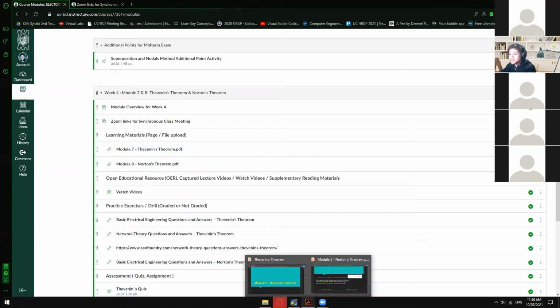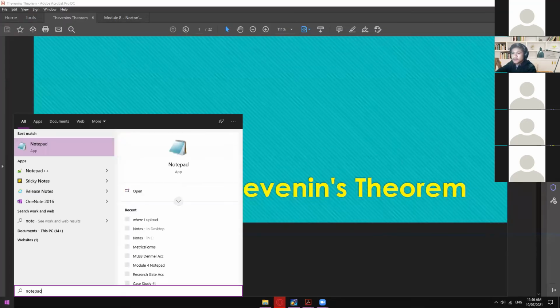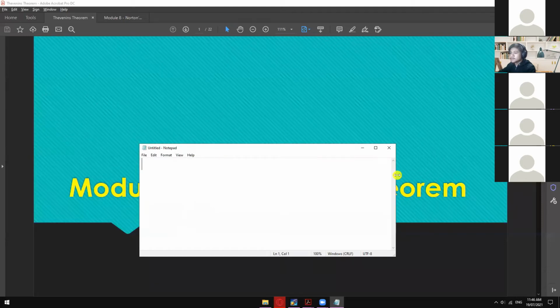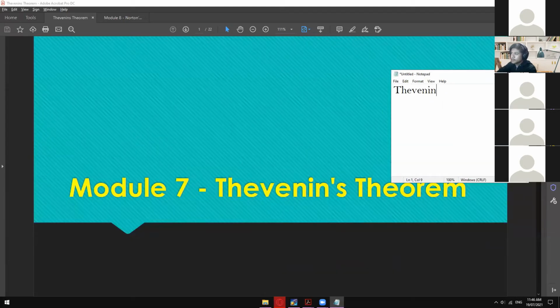All right, so let us start now with Thevenin's theorem. Okay, so let me just open a notepad. In Thevenin's theorem, we have terminologies like RTH, VTH, and then of course the R. You guys already know this one. This is the R load, or the load resistance, and then RTH is the